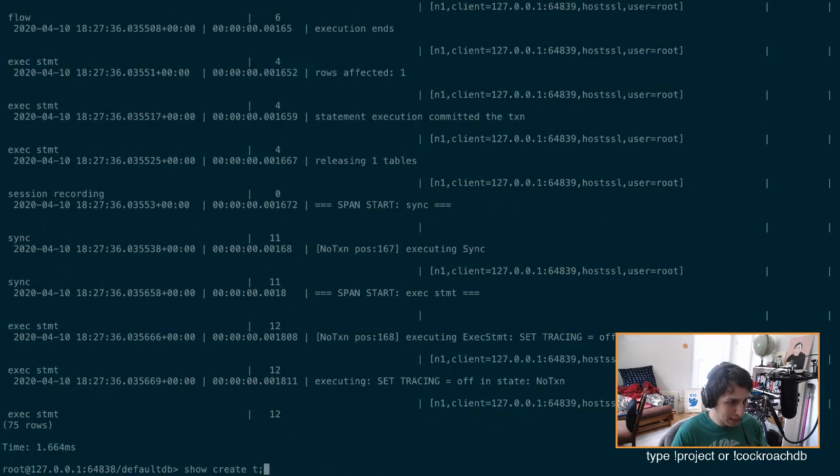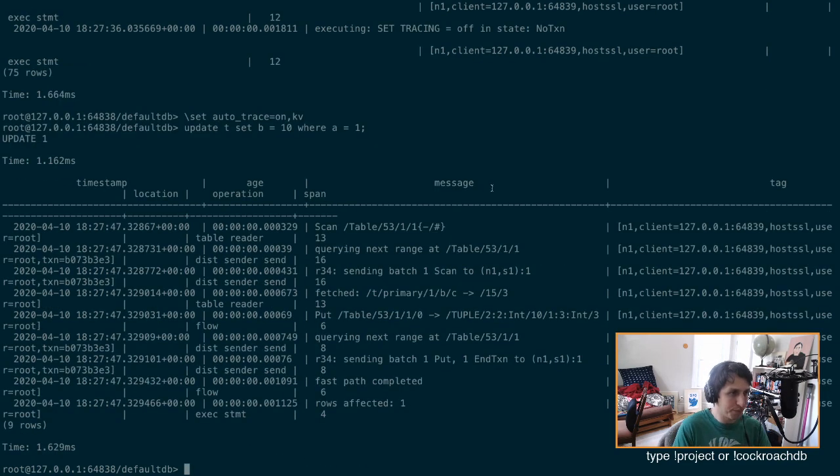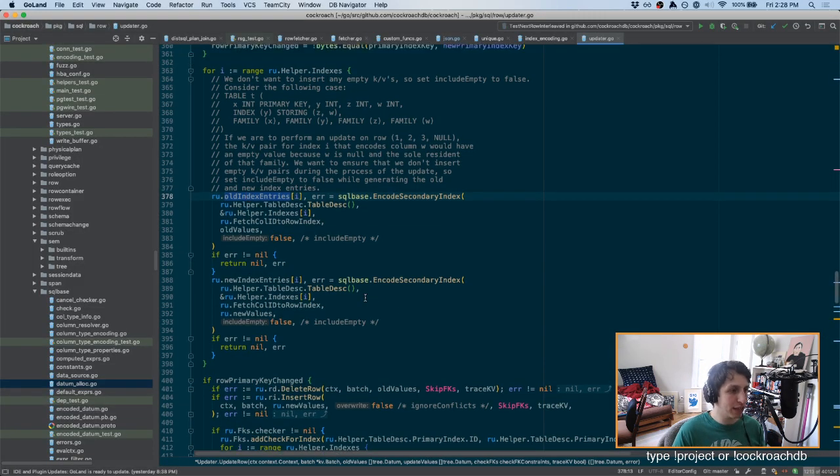Oh, I see. It's because I set the auto trace to not have the KV filter. Let's try this again, one more time. That's a nice, pretty output. In this case, it looks like we only update the primary key, which is great. But I think the reason this is happening is actually a different layer than the one that we're touching. So whatever. Okay, that was a bit of a tangent, but the point is that what I